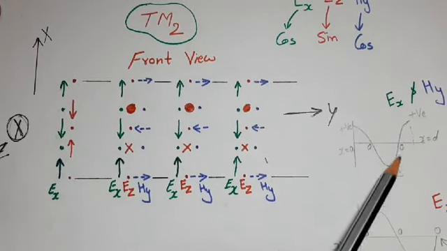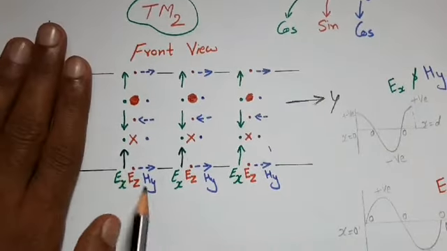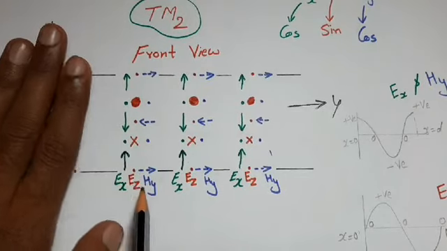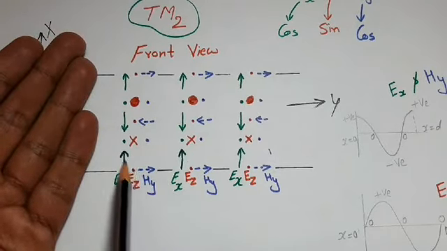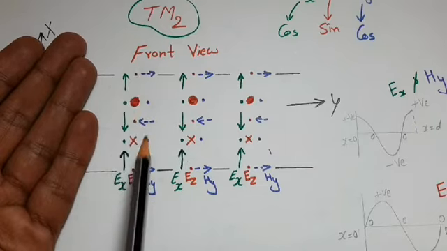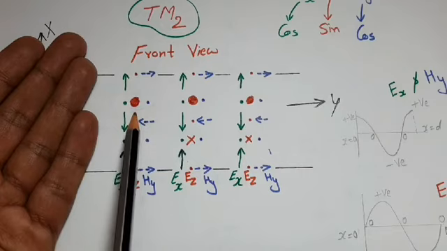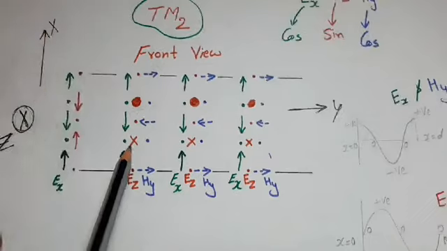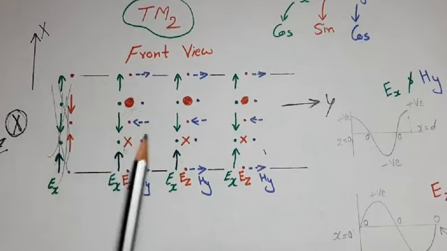Same is for Ez, because z direction is into the paper, so positive max of field can be shown by a cross, but it has sine variation, so it would be 0 on the boundaries. So here on the first boundary, Ez is 0, then positive max, then 0, then negative max, then 0. Take care, here positive max is shown by a cross and negative max is shown by a dot. This is because positive z direction is into the paper and the field which is into the paper is shown by a cross because the arrow is going away from us. So the tail of the arrow would be visible only.